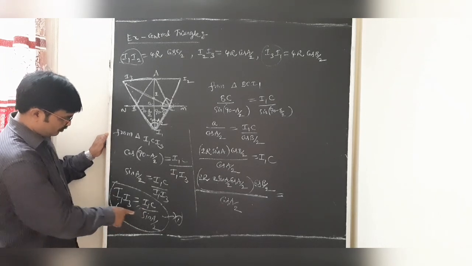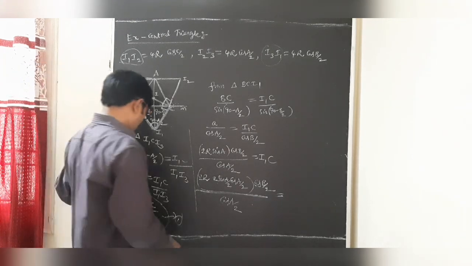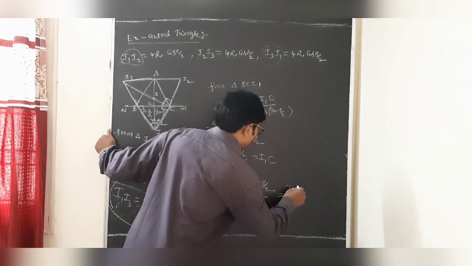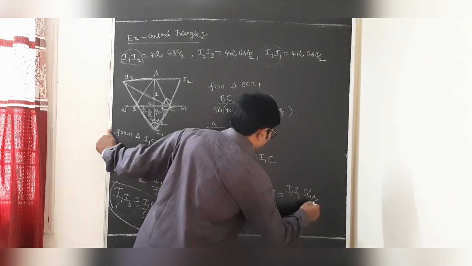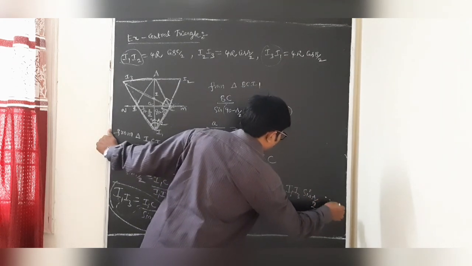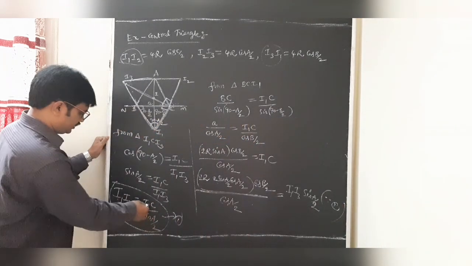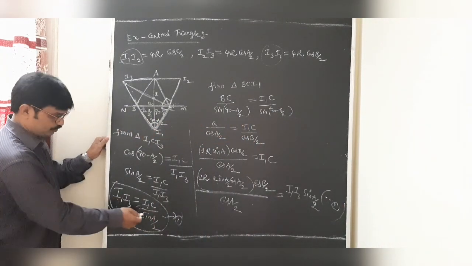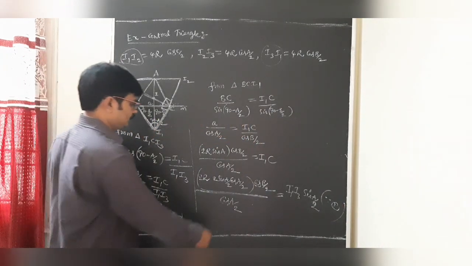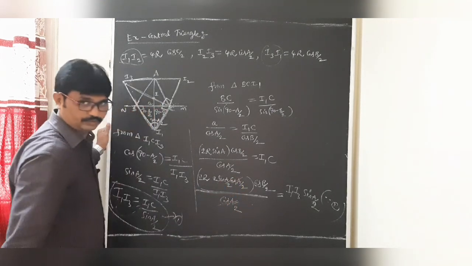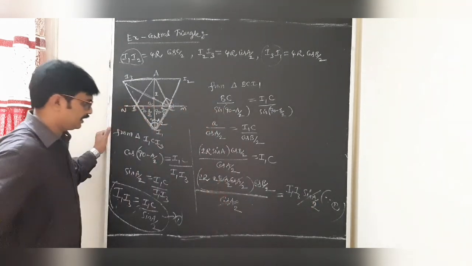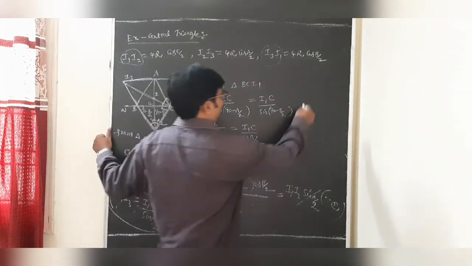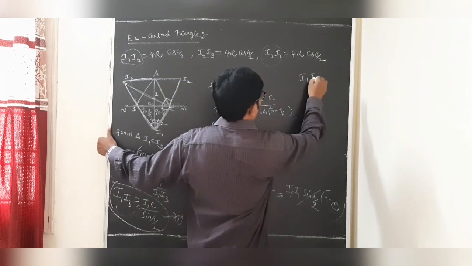I1C is the students, this will be sending to the other side. I1 I3 into sin A by 2 from the equation 1. What is I1C? It is I1 I3 into sin A by 2. So cos A by 2 cancels. After that, sin A by 2 is sent to the other side, and these two cancel. So this is I1 I3.